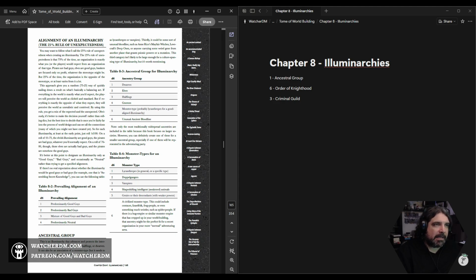Obviously, it's better to make the decision yourself rather than rolling dice, but the best time to decide that is once you're fairly far into the process of world design and can see all the connections, many of which you might not have created yet. So for each Illuminarchy, at least at the early point, just roll a d100. On a roll of 1 to 75, the Elvish Illuminarchy are good guys, the pirates are bad guys, whatever you'd